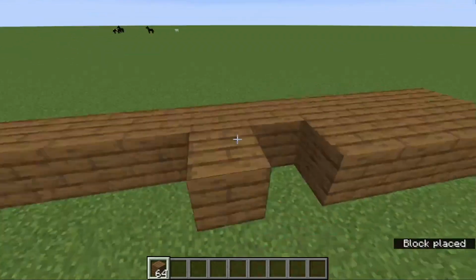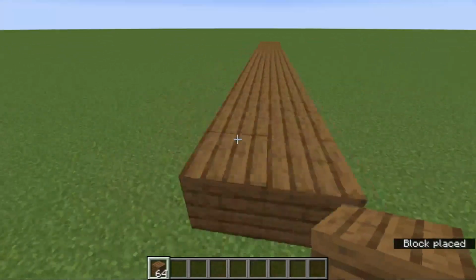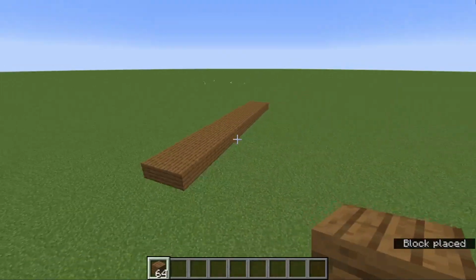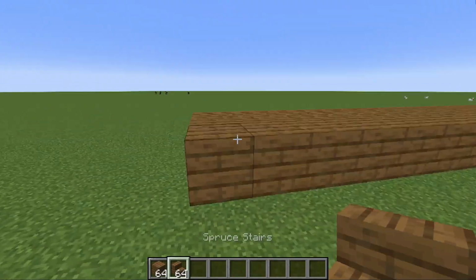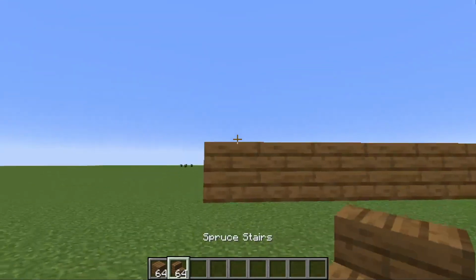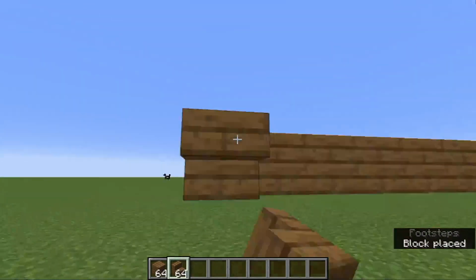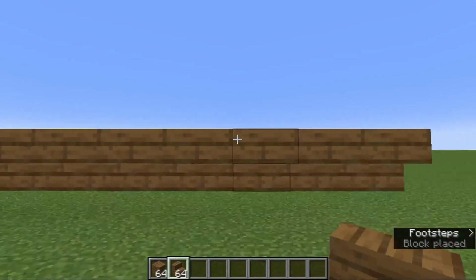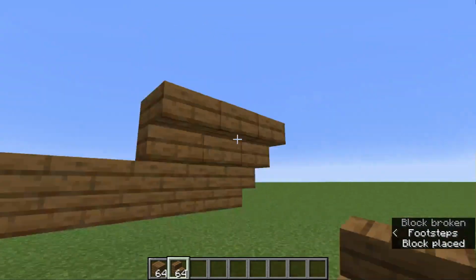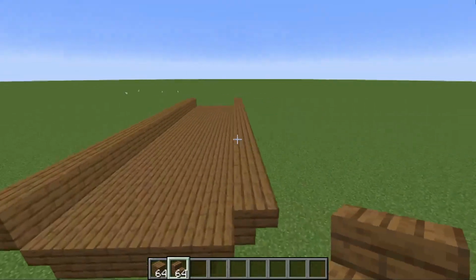Then you want to build it out like this, so it's 2 blocks wide, and then on the other side, so it's 3 blocks wide. It should look like this. Then you want to grab some spruce stairs. I'm using spruce planks because I just love spruce. And place the stairs upside down like this, like that. Now we just want to do this one more time, fill it up like this. So let's do that. So now we have built it up on both sides like this,